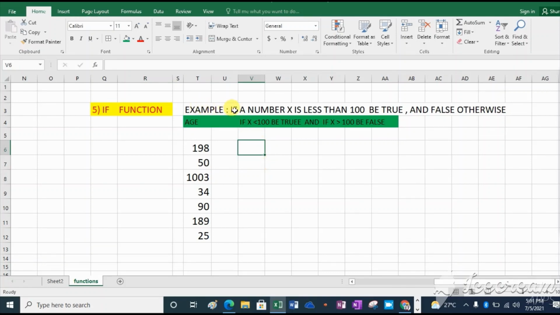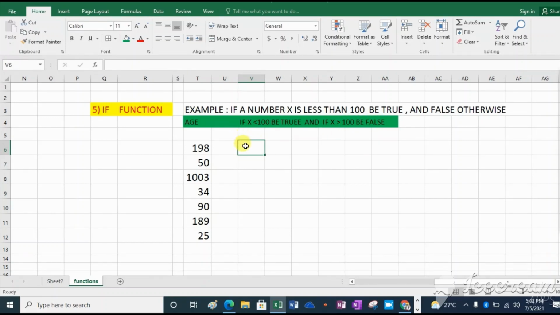For example, if a number x is less than 100, it is true, and if a number is not less than 100, meaning it is greater than 100, it is false, otherwise. Is that clear? If x is less than 100, true, and if x is greater than 100, false.